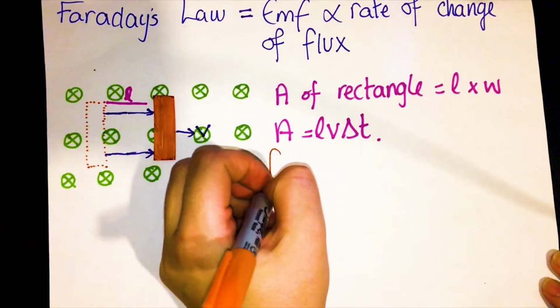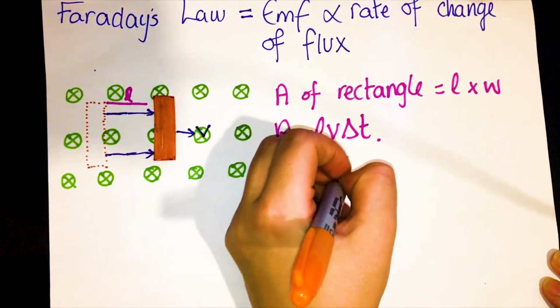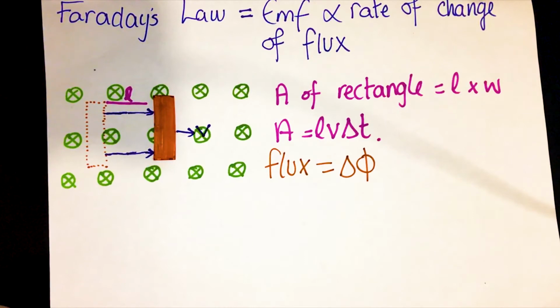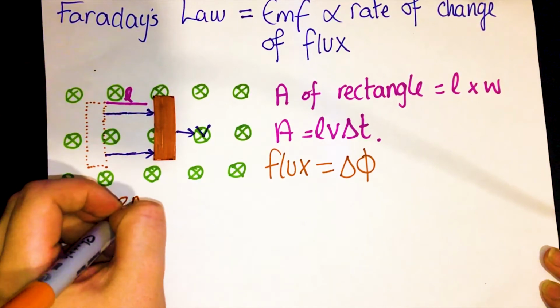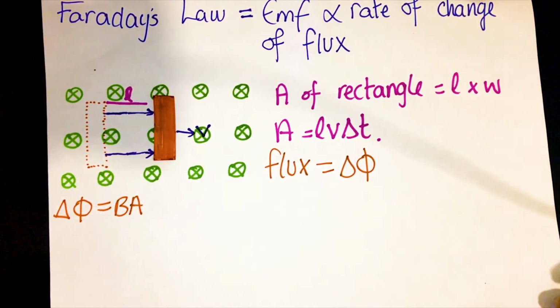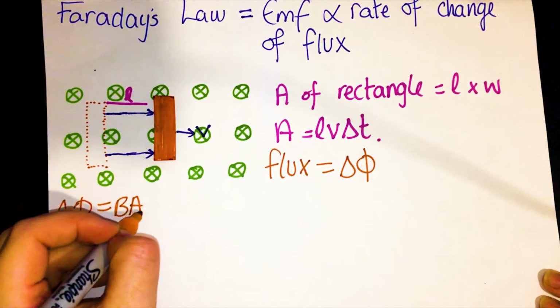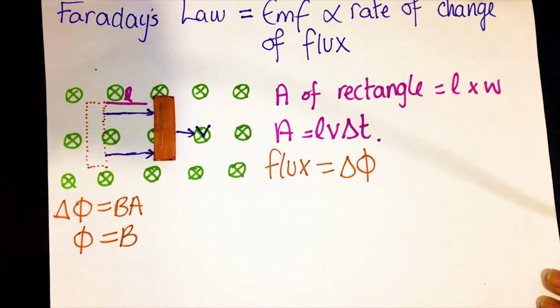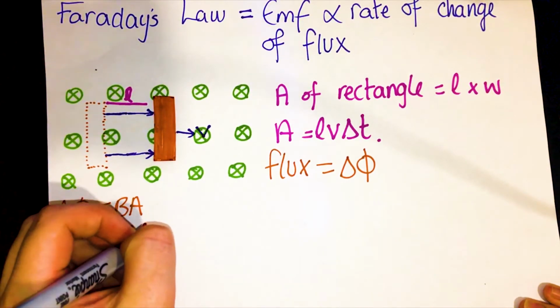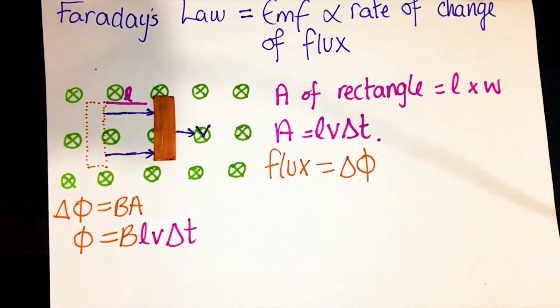So we know that flux is that, a change in our flux, and we also know that this is our change in flux as well. So if we change our A here for the A here, we get this. Now Faraday's law states that it's a change in flux, and because of that there's got to be a change in time. So if we get our Faraday's law,